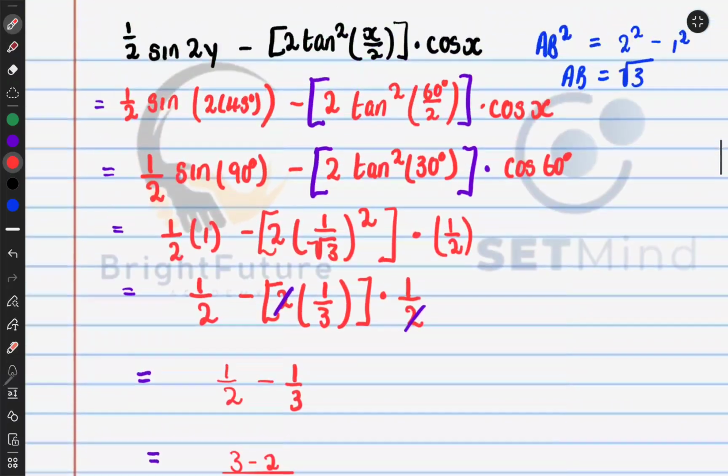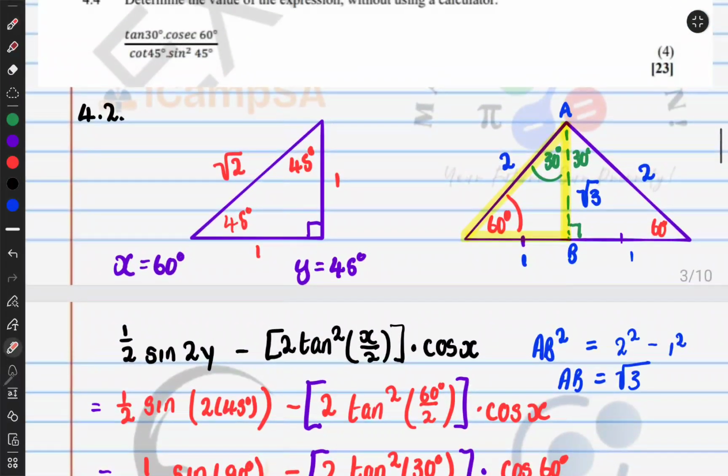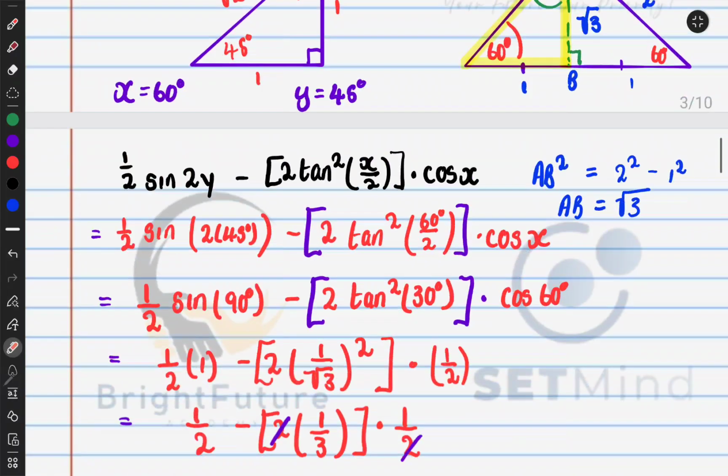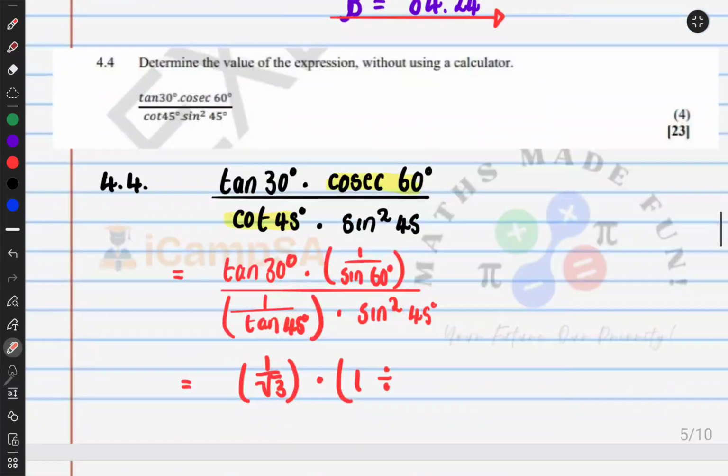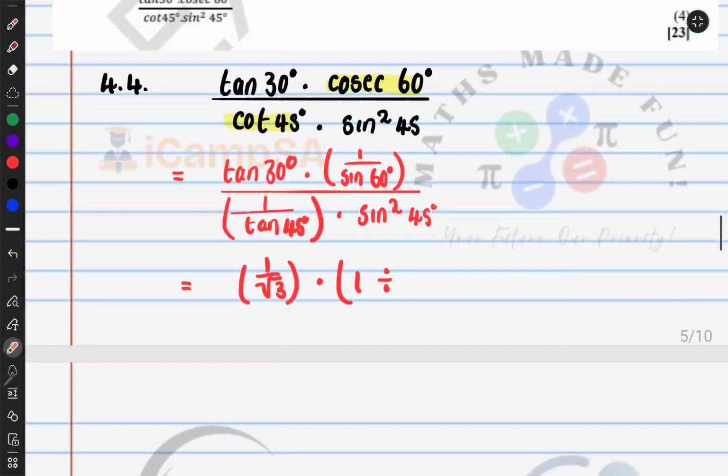Sine 60 is opposite, let's come to our triangle. Sine 60 is opposite root 3 over hypotenuse 2, so it's root 3 over 2. This one is going to be root 3 over 2, close bracket, over